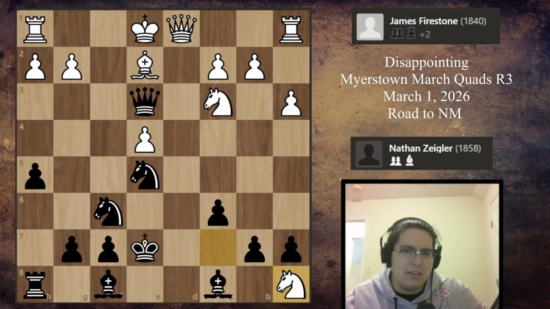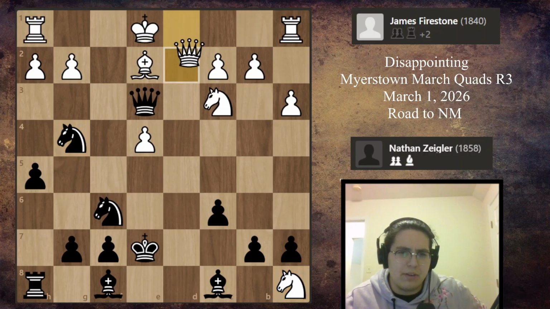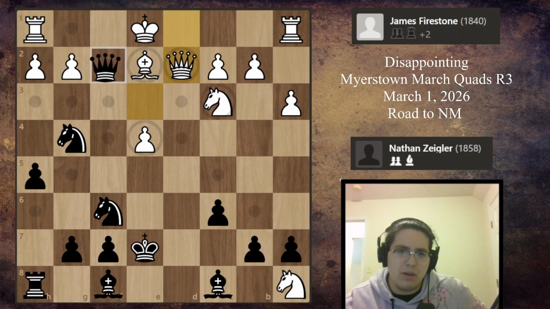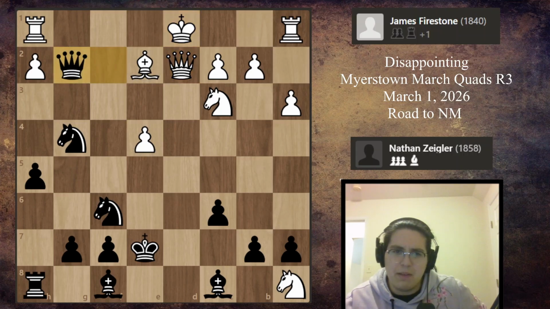I don't think there's a difference if I put the other knight there, right? Queen d2. I mean, it's a small difference, but seems pretty negligible. Yeah, maybe I just take here, and after rook here. Yeah, I mean,